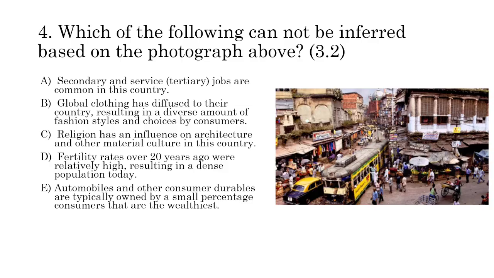And this looks like a country that's been urbanizing. So they probably had previously relatively high fertility rates, and they probably are dropping as a country develops. That's the trend that we see here. So that's probably right. And then E, automobiles and other consumer durables are typically owned by a small percentage of